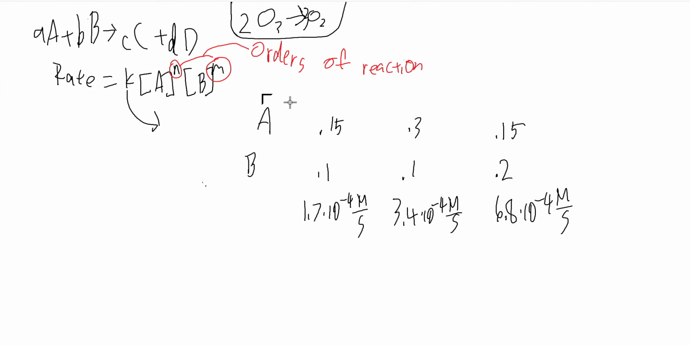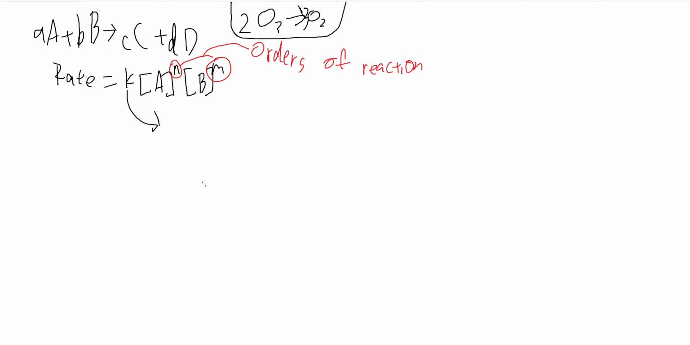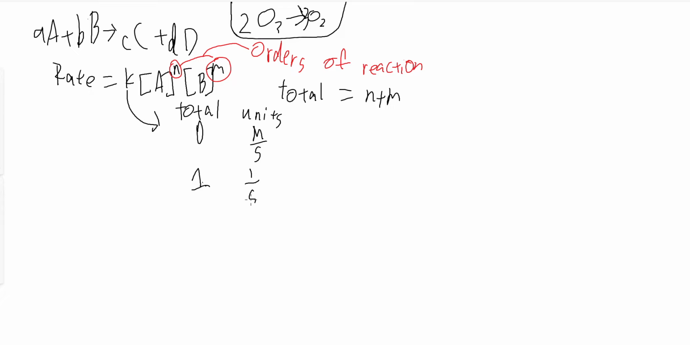All right, so the K now depends on the total order of the reaction, which you get by just adding n and m up. Total order, you can think of, is equal to n plus m. And now this K is dependent on this total. So if the total order, and then I'll just put units here. If the total order is 0, then the units are just going to be molar per second, because rate is equal to K. If the total is 1, then the units are going to be 1 over second,